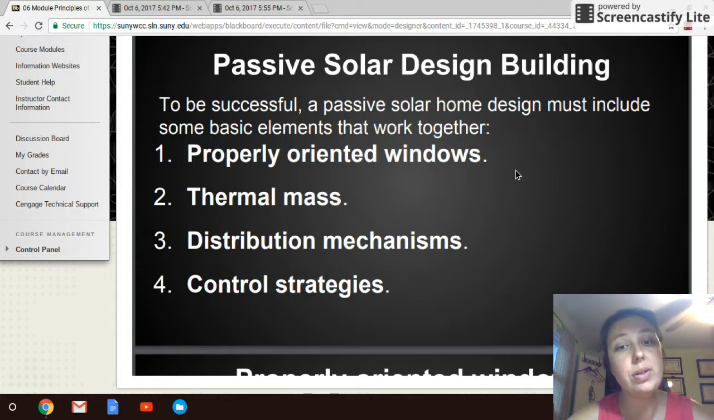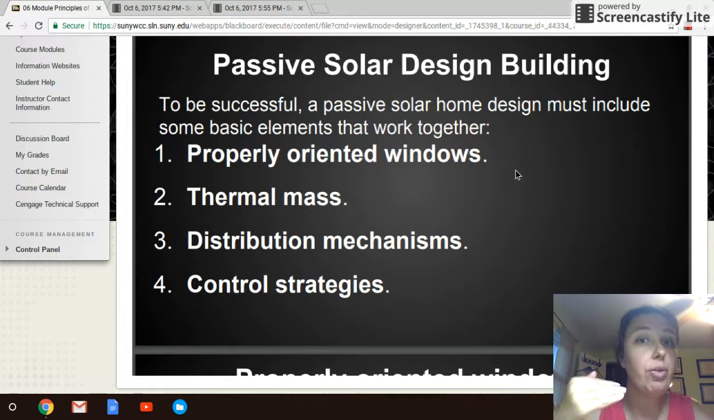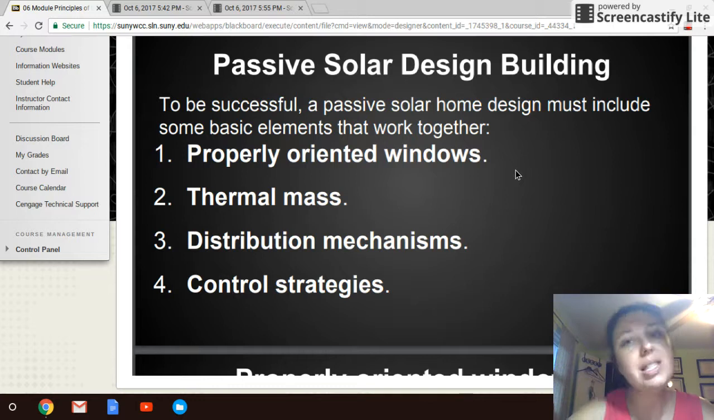move around? And then is there some way to get the heat to escape to keep the home cool when it needs to be? And then control strategies. How am I keeping everything moving around the home? How am I orienting this house to make it work for me? What are my controls? One of the simplest controls that people forget about is silly things like orienting your roof